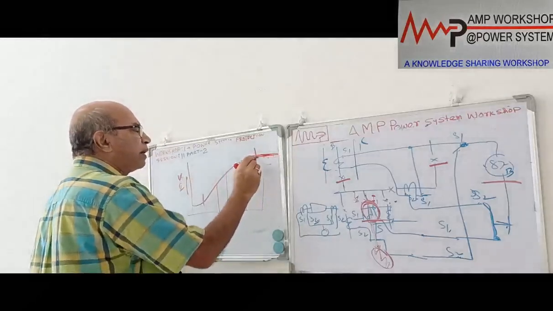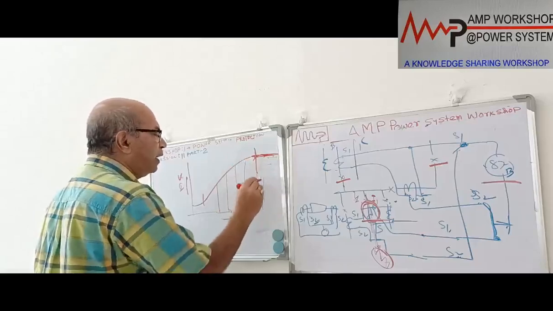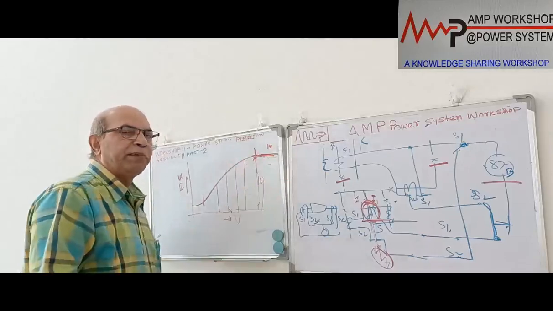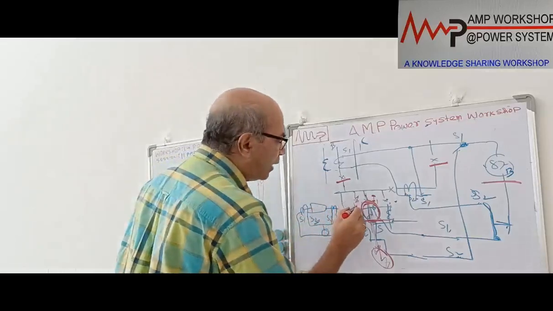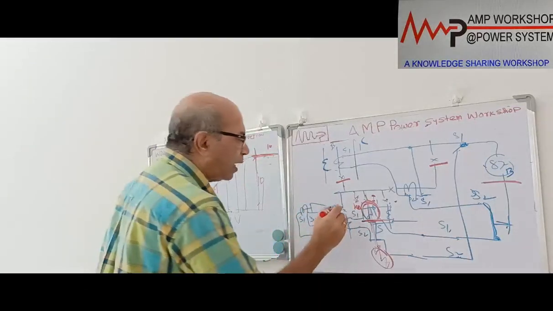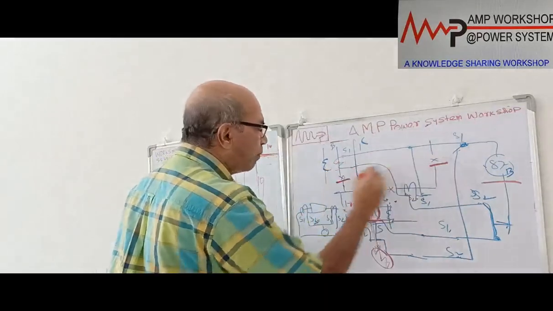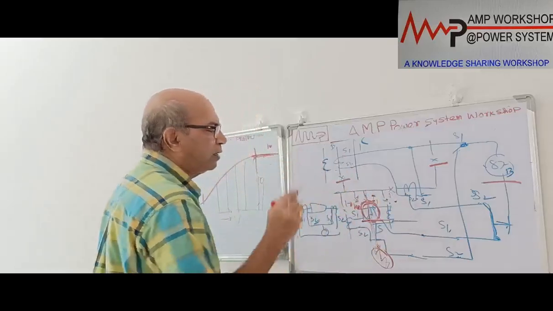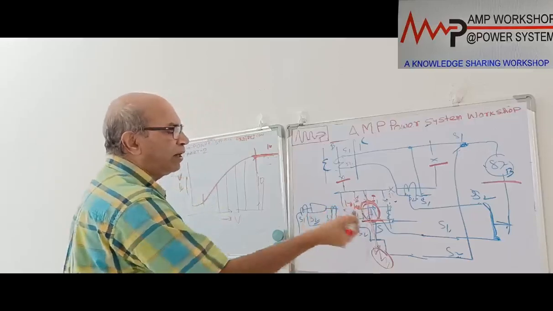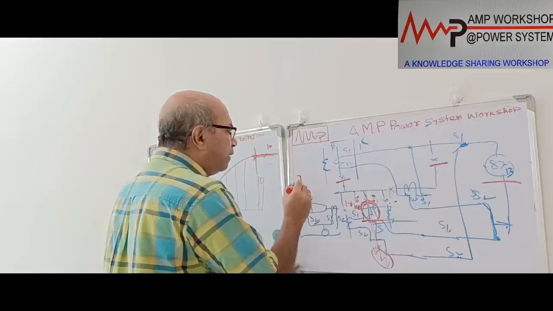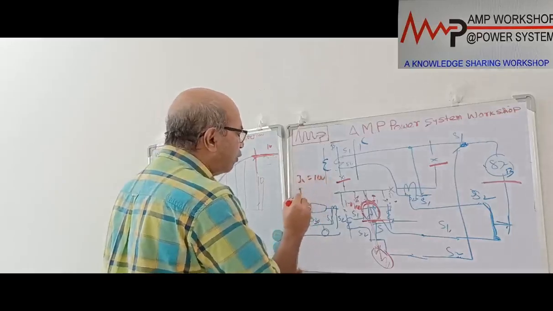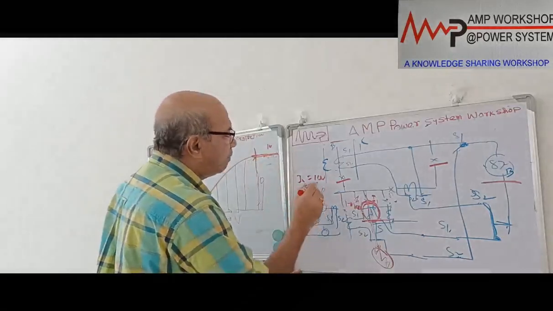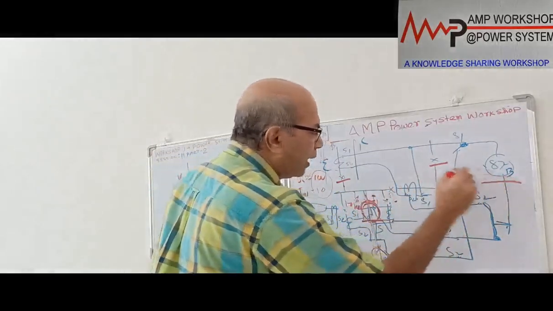After this point, suppose this current is 10 ampere. After 10 ampere, if you go to 100 ampere, the 90 ampere will not be reflected. Under normal condition, it is carrying 10 ampere current and reproducing it. The moment 100 ampere current is flowing, 50 ampere and 50 ampere flow through these CTs, this 100 ampere goes through this one, and all the other CTs' current is 0. This 100 ampere is not replicating, only 10 ampere is replicating, where I input equals 100 ampere and I output should be 100 ampere, but due to saturation of the CT, it is producing only 10 ampere. So the difference of current will flow through the relay and the relay will operate.